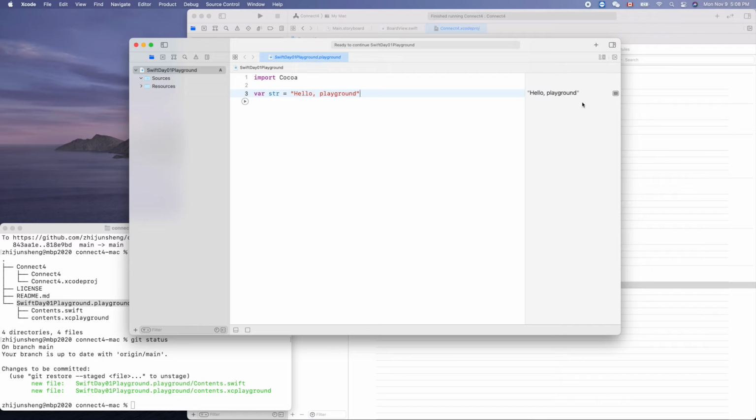So on the right hand side, the string variable will be evaluated here. Another way to define a constant is let. Let means we cannot change its value. So for example, if we want to do string equals